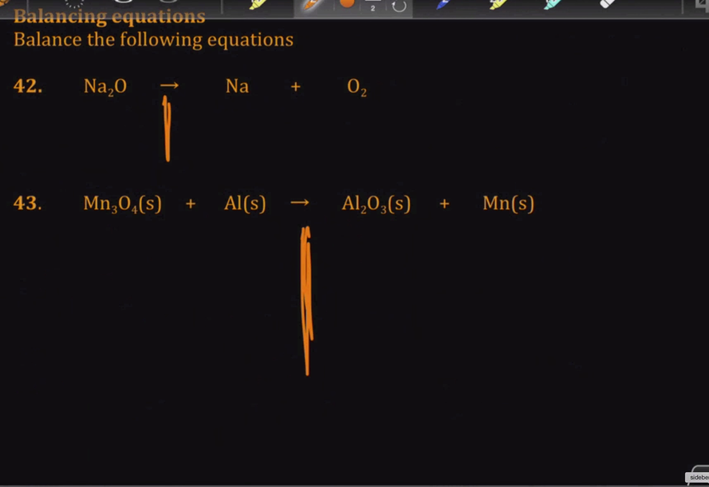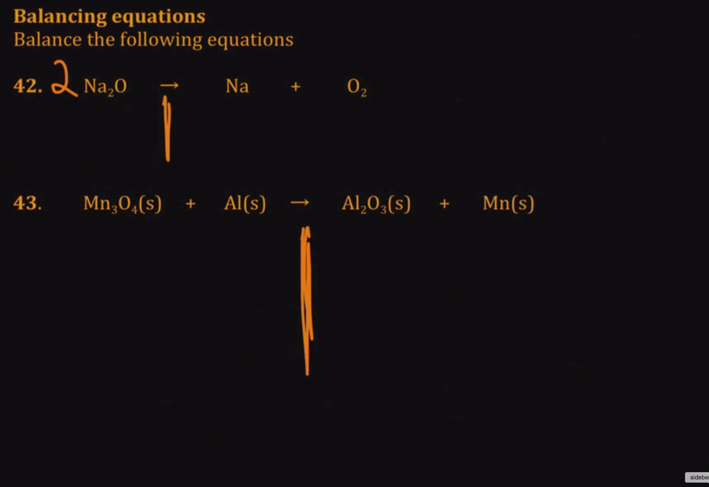So I have 2 oxygens on the right, which means if I put a 2 in front of this, that gives me 2 oxygens on the left. That also means 2 times 2, 4 sodiums. Now if I put a 4 here, I've got 4 sodiums on the left, 4 sodiums on the right. I've got 2 oxygens on the left, 2 oxygens on the right. In the second one,